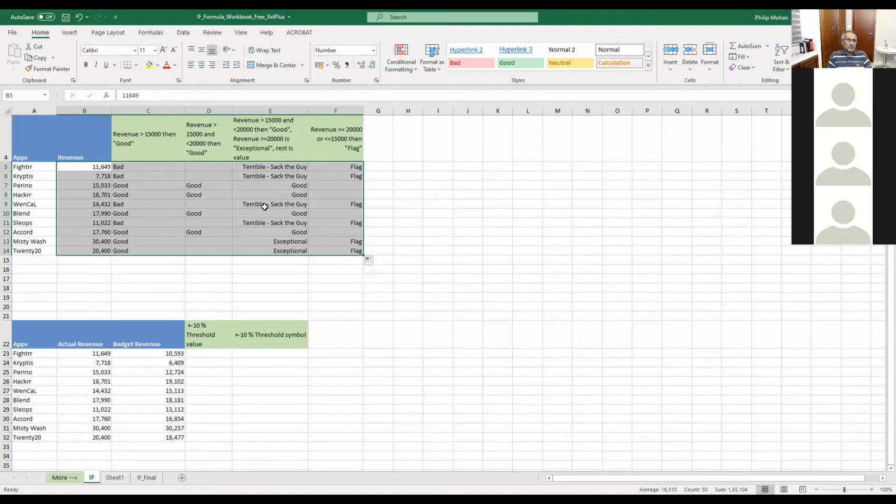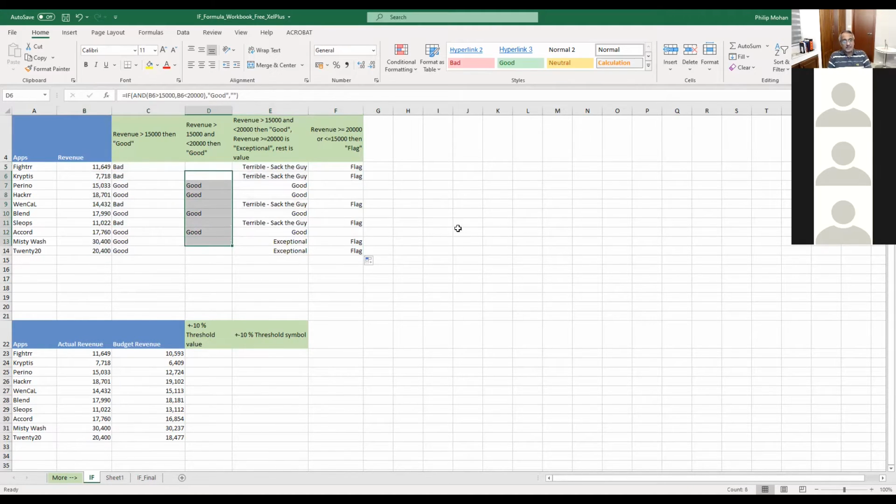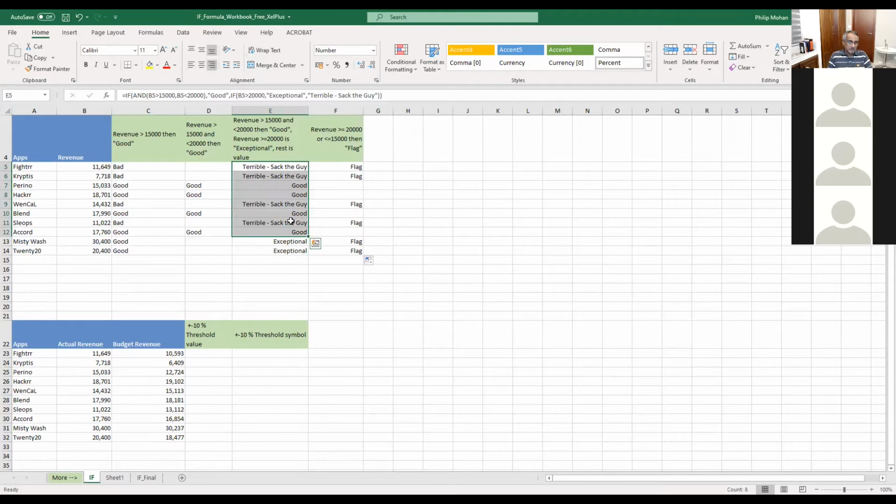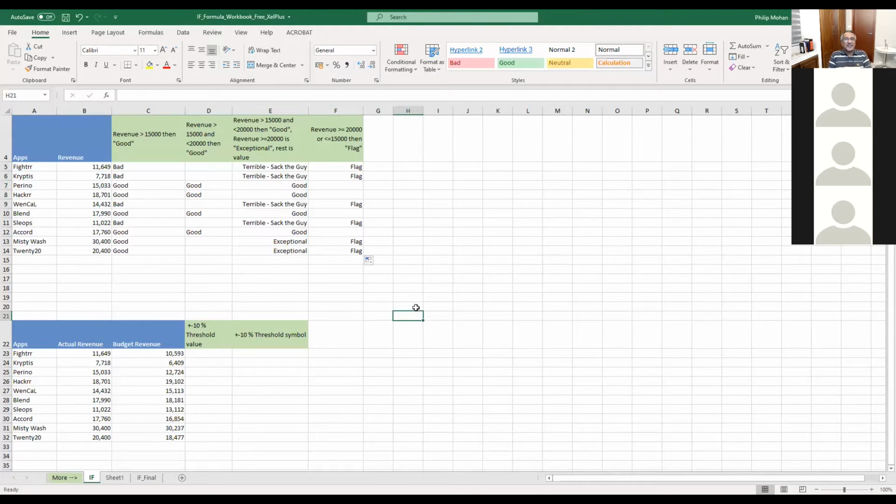Also, if you want to process something based on those that are good, you would then have other columns to process these. If it's not good, then you just leave them alone. Maybe you want to calculate the incentives for these guys, so you would only give incentives to those that were good. Not the guys you're going to sack. Why would you give incentive for the guys you're going to sack, right? Doesn't make sense. Okay, that's the if function.